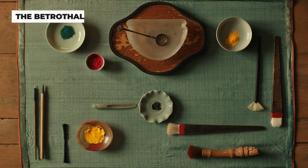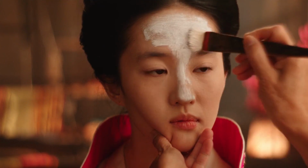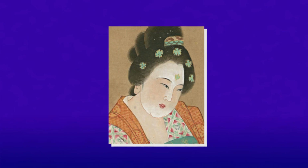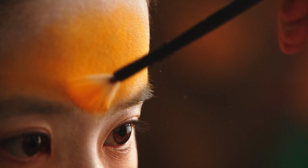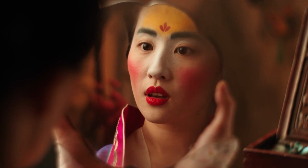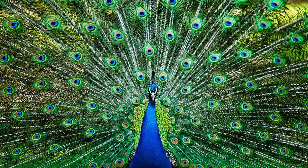One of the most unique scenes in the film, in terms of the makeup and hairstyling, was the betrothal scene. Denise Kum took inspiration from artwork from the Tang Dynasty, which involved a white panel on the top of a woman's forehead, as well as on the bridge of their nose. Kum took this historical style and also mixed in the use of yellow, as the color was very popular during the period, as it was believed to bring a certain aura to the forehead, and was even thought to bring good luck. Dark blue was used on the eyebrows, which was inspired by the feathers of a peacock, and lastly,